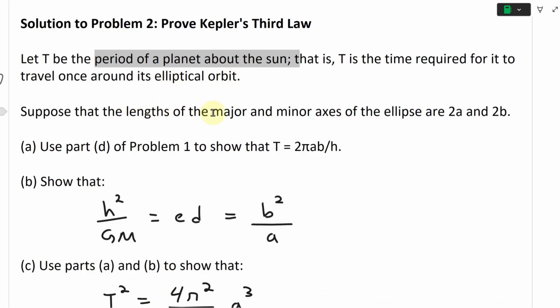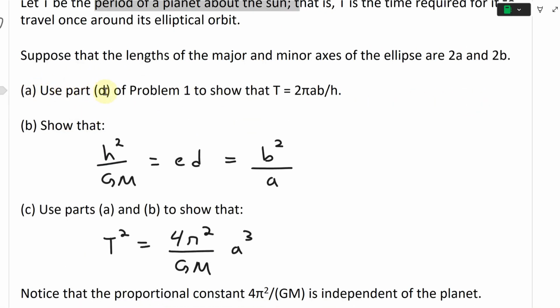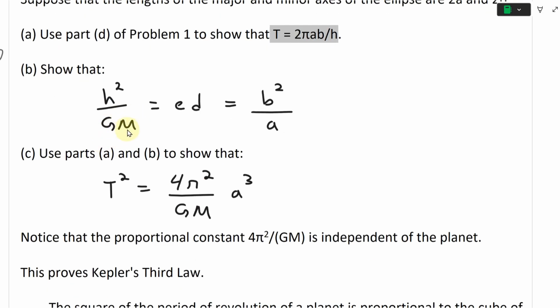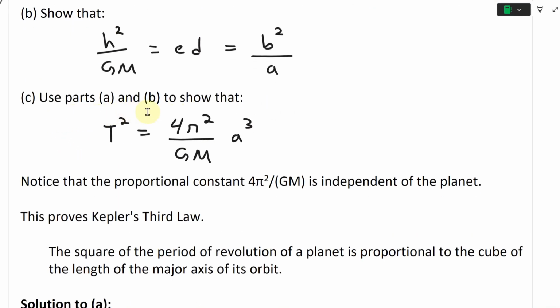Now suppose that the lengths of the major and minor axes of the ellipse are 2a and 2b. Part A says use part D of problem 1 to show that T equals 2 pi ab divided by h. Part B says show that h squared over GM equals ed equals b squared over a. And part C says use parts A and B to show that T squared equals 4 pi squared over GM times a